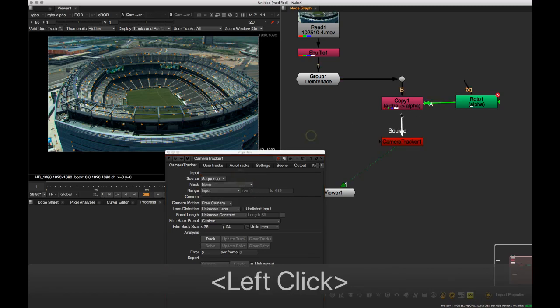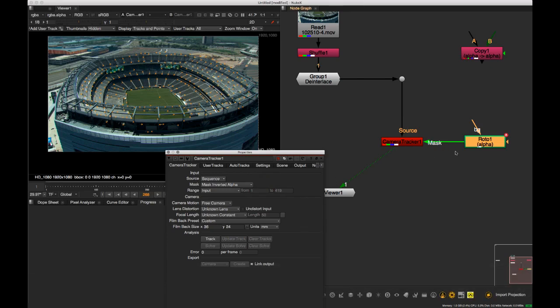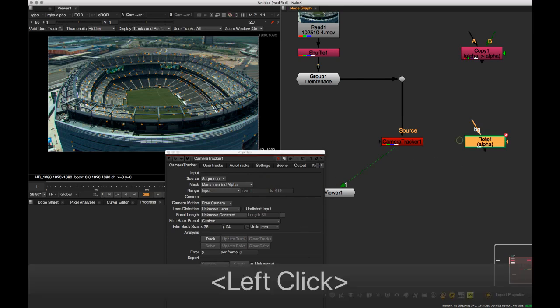Alternatively, and less desirably, this is not how I would do this ever, but you could attach this to the mask input and then use the mask alpha or the inverted mask alpha. You can also use the mask luminance, and I guess the way you would do that is if you